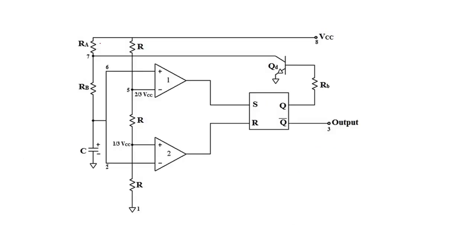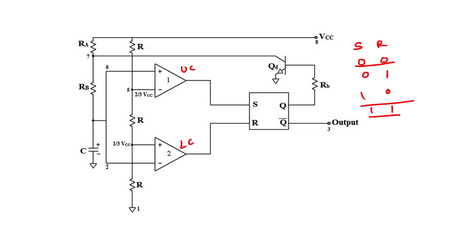This is the internal diagram of the 555 IC. There are two comparators we have seen: comparator one, comparator two. This is the upper comparator, and this is the lower comparator. This is the SR flip flop. So how does it work? If the inputs are 0 0, it won't work. 0 1, 1 0, 1 1. From this you are getting 0. This is a forbidden state.